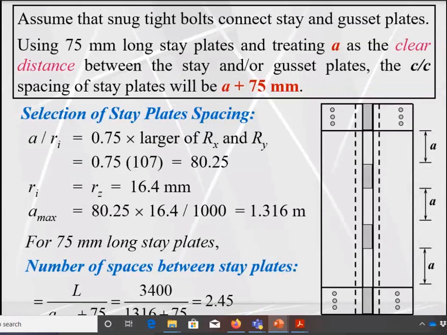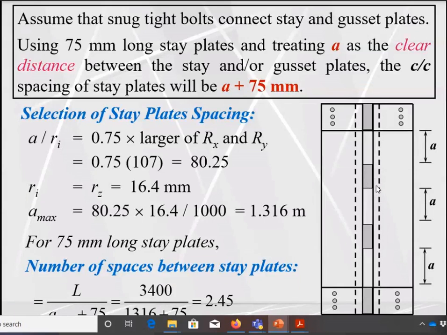And also, we make the built-up section in that case if any lighter section is not available. But in some cases we want to achieve a larger moment of inertia or larger radius of gyration about the y-axis. In those cases, we need to place both sections at a very large distance between them. So we need to increase the spacing between the two connected sections. For example, this spacing between both angles may be around 100 millimeter. In that case, we need a stay plate whose thickness is also 100 millimeter.